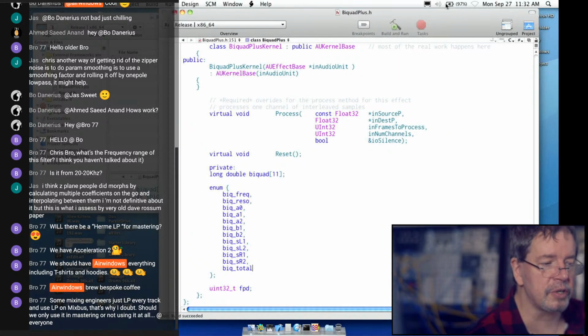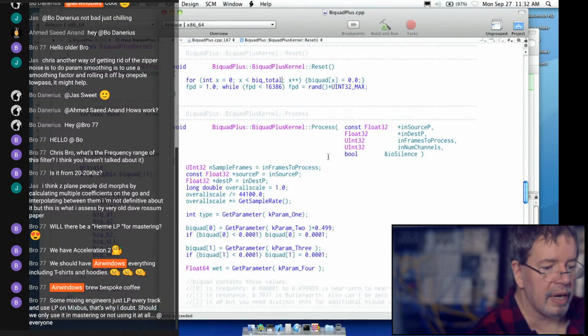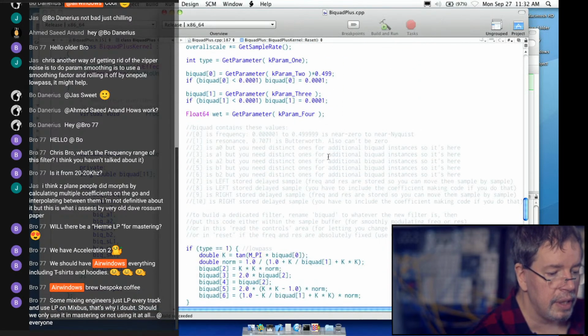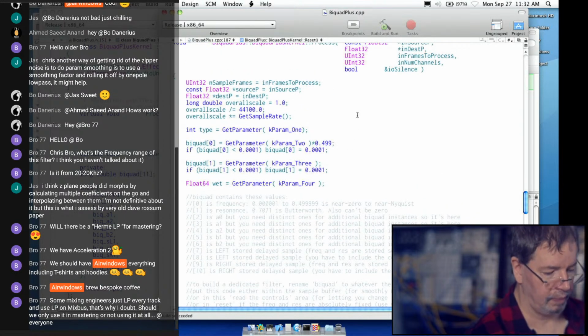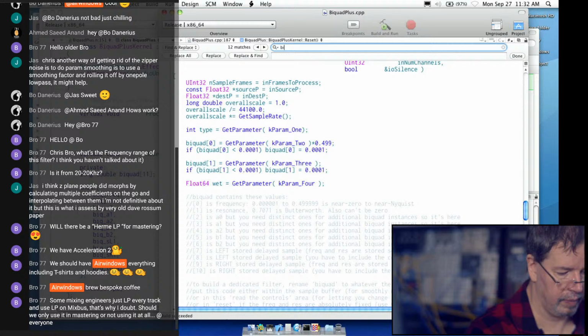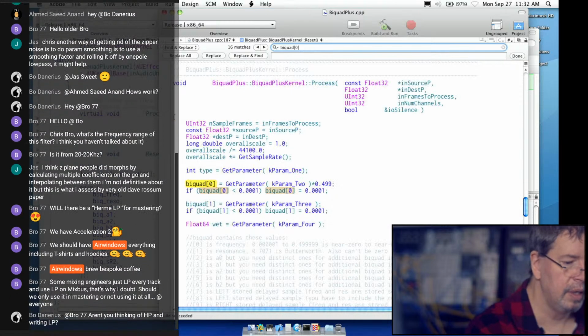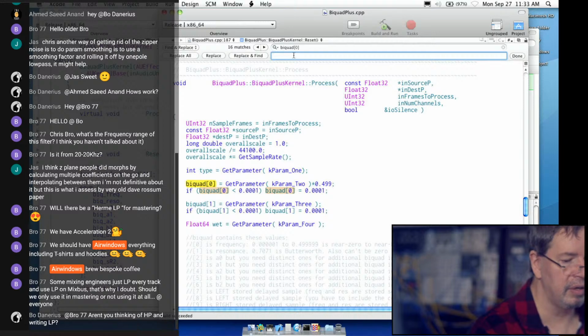So let's start doing this. My find and replace is helpful here. All the biquad zeros need to become biquad freq.